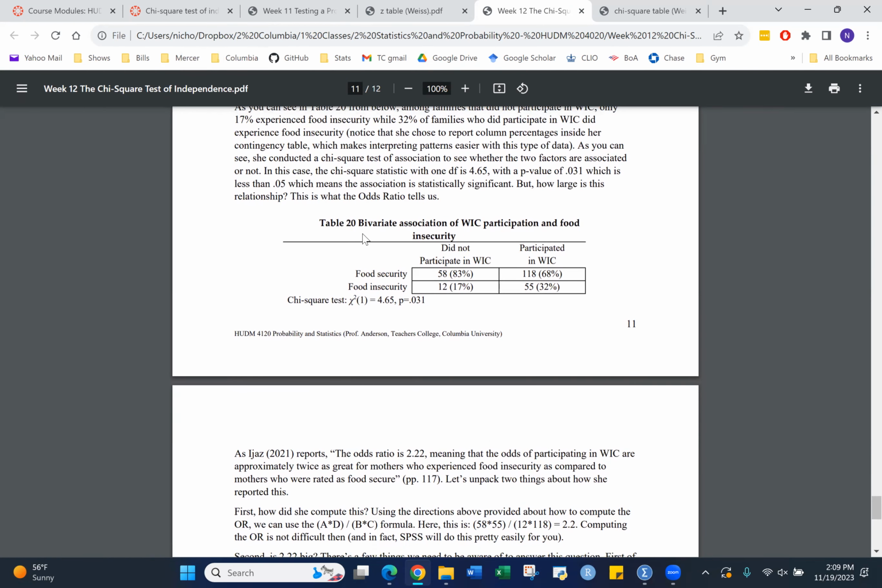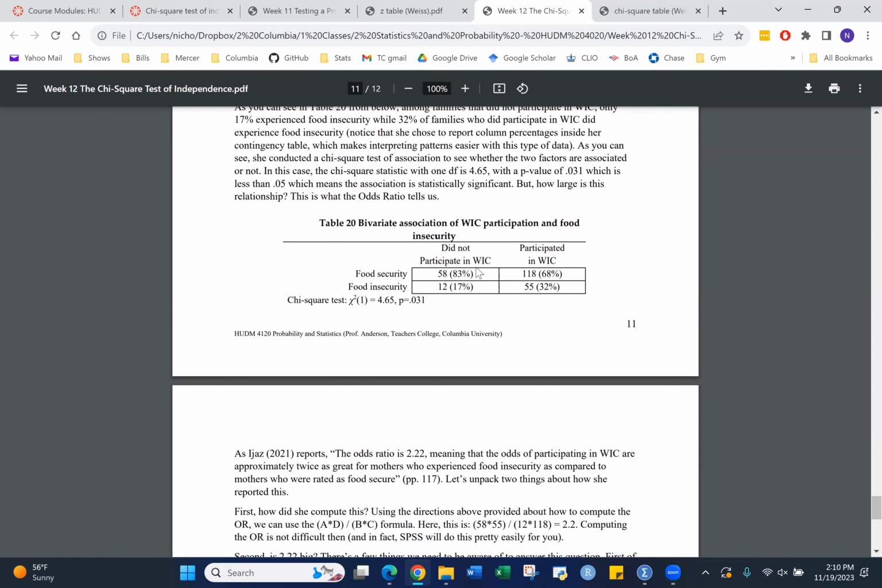So this is actually from a dissertation I posted on Canvas 2 weeks ago under the t-test section. And this is from that same dissertation. So you can see here, we have a contingency table. We're comparing two variables. These were about women who